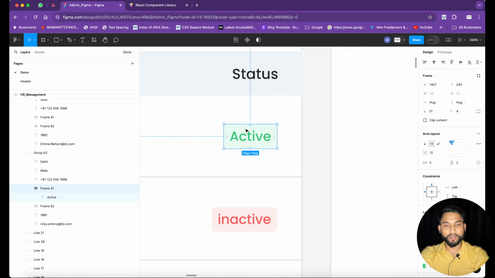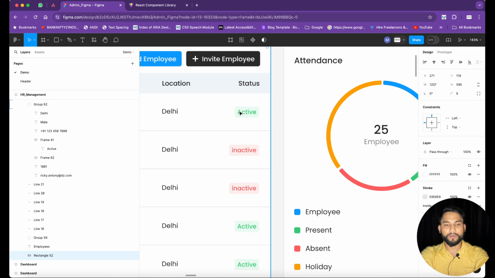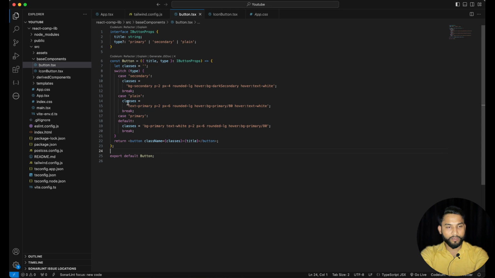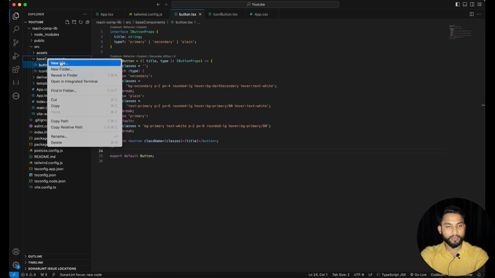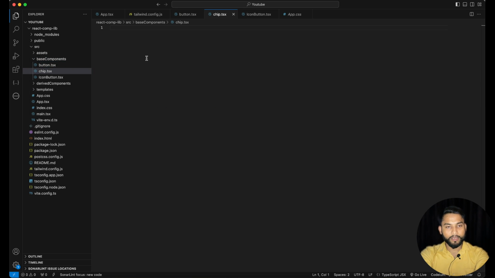So chip looks like this. So we use it for status or any other kind of thing like a tag, if you want to add some certain type of tag. So we'll create this today, and for this what I'm gonna do, I'm gonna create another file which would be chip.tsx, sorry, chip.tsx, and I'm gonna do